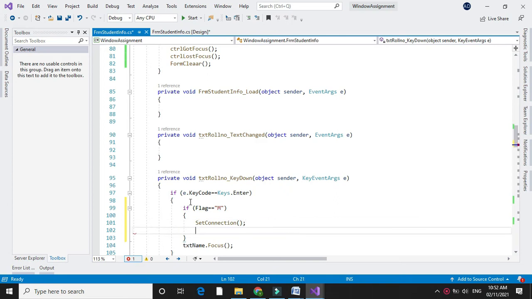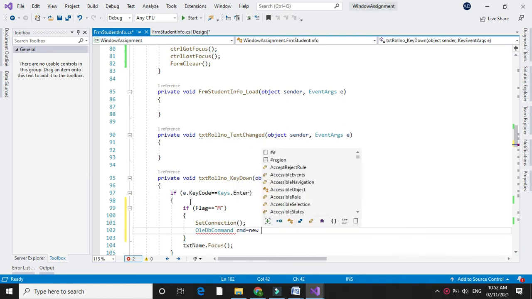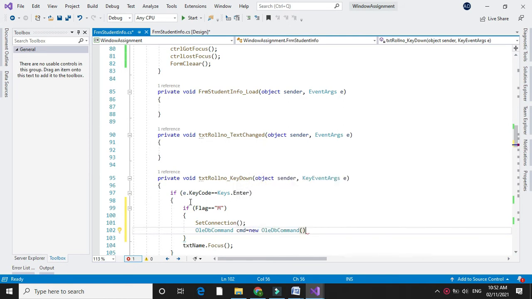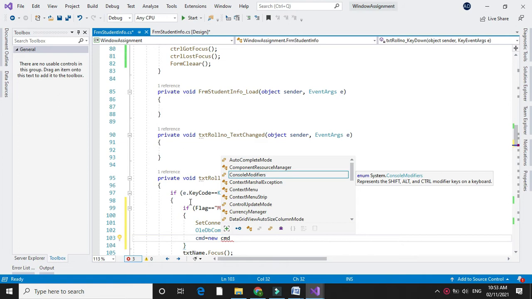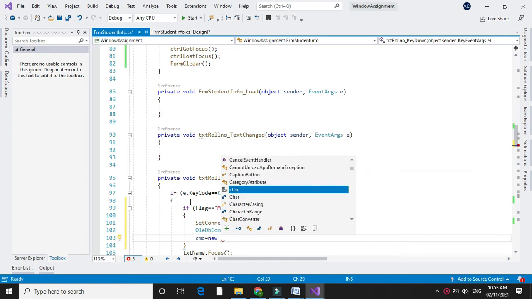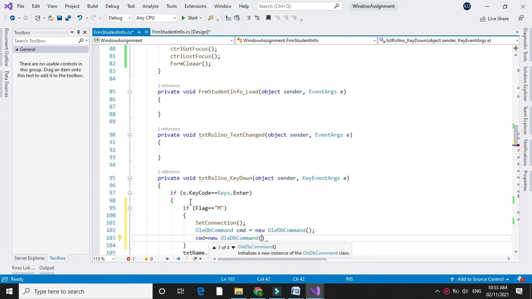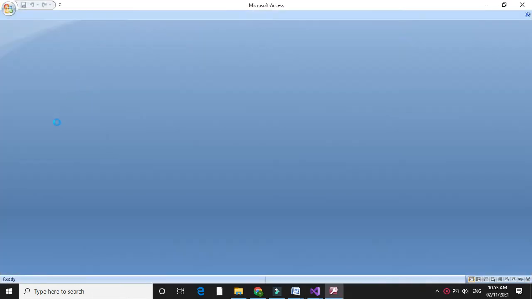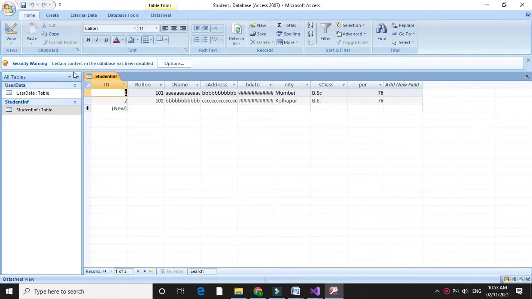Then we will write a command, OLEDB command cmd equal to new OLEDB command, where we will give the select statement: select star from our table name student information, where roll number, that is the field name given for the roll number.